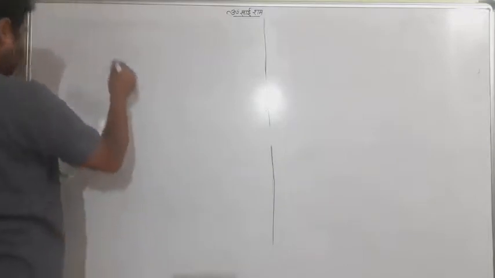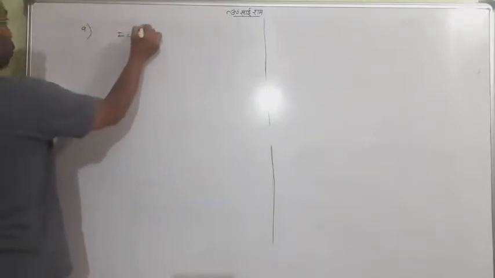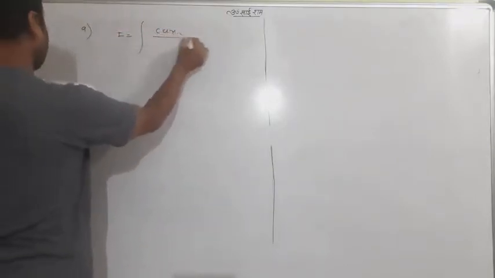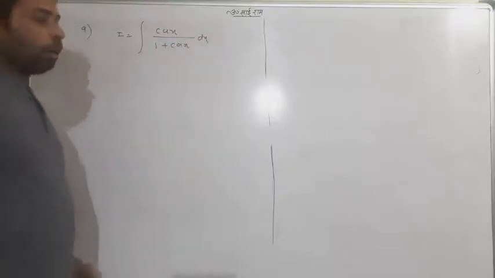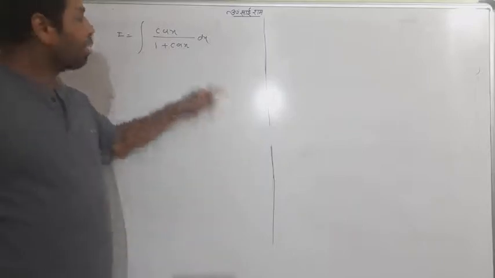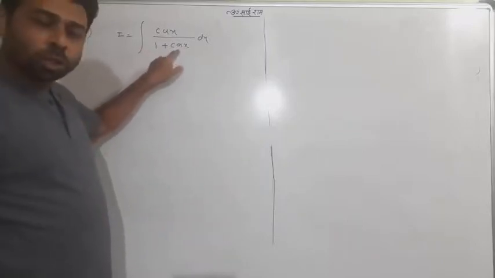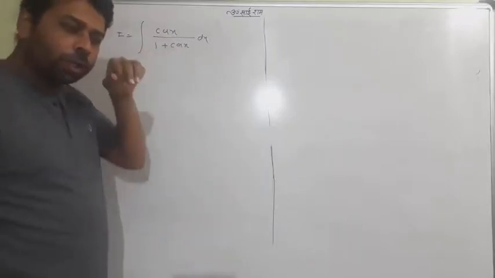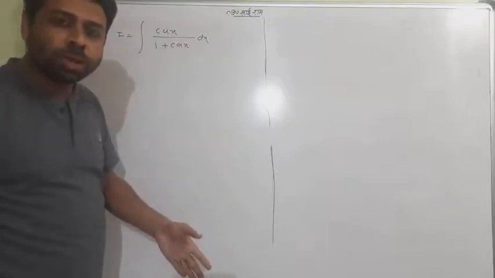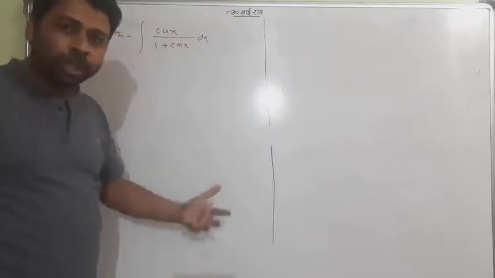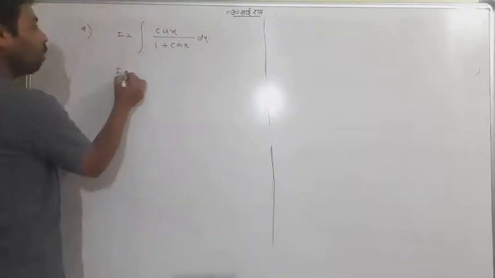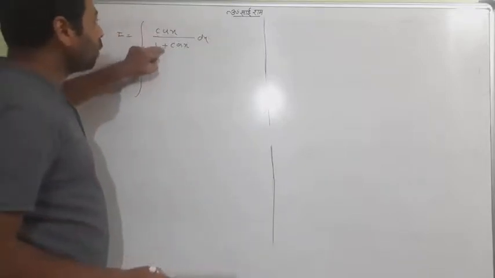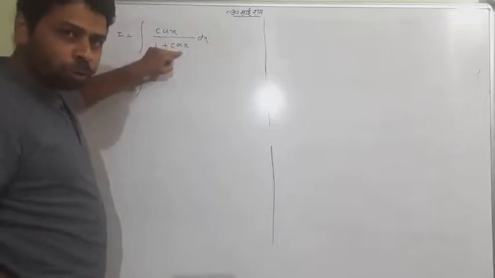We have question 9. It's again a good question I want to discuss here. Cos x upon 1 plus cos x. Look at the question. Now, as I did here, I used the formula of 1 plus cos x, which is a famous formula. But according to the condition we have to go; we can't use the same formula all the time. But this is actually another method I'm using. Look at what it says: cos x upon 1 plus cos x. So I'm going to do something new.